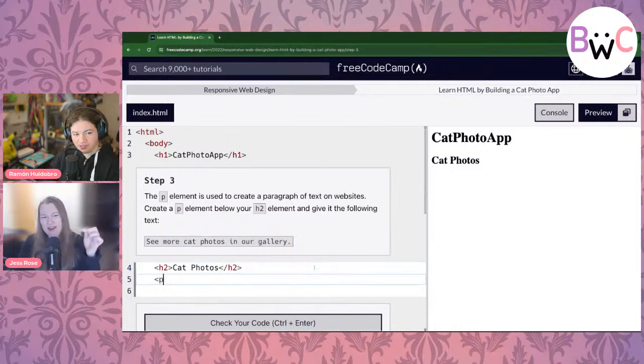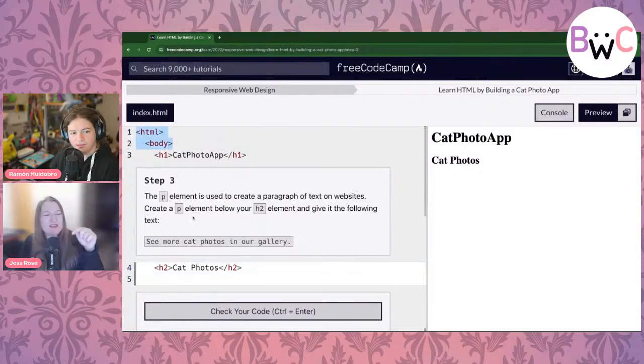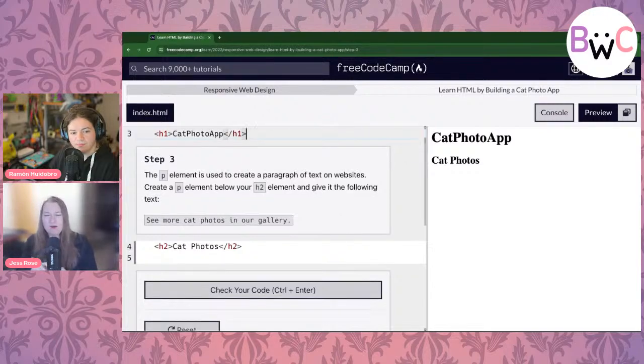So next, they've added some extra structure for us as well, some stuff we didn't write. I see an HTML tag at the top, and I'm just previewing these right now. We'll learn about them later. And then I see a body tag inside the HTML, so a child of it. And then inside the body, we've got our H1 and H2. We'll learn about these as we go.